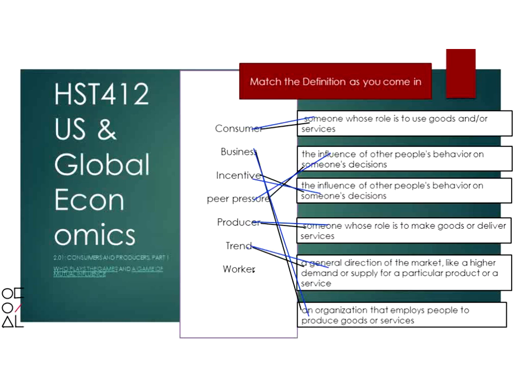So a worker is like a producer in that they make goods or deliver services. So when we say producer, we usually mean the business or the business owner. And the worker is the actual person that does the providing, right? Or the making. Or maybe they make part of the good. Not all of it, but part of it. Okay, any questions about that?